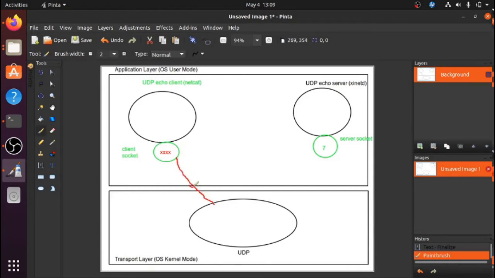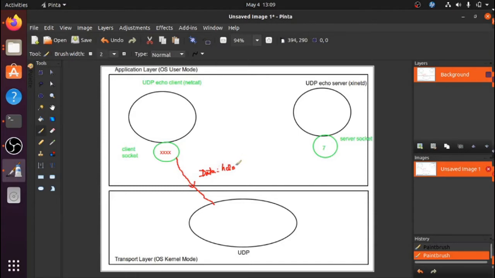As we know, application layer programs cannot directly talk to each other. This UDP Echo client has to first send it to the transport layer. And what is the data that it is sending? Suppose it sends hello. The string is hello. Of course, after hello we put a new line and press enter.